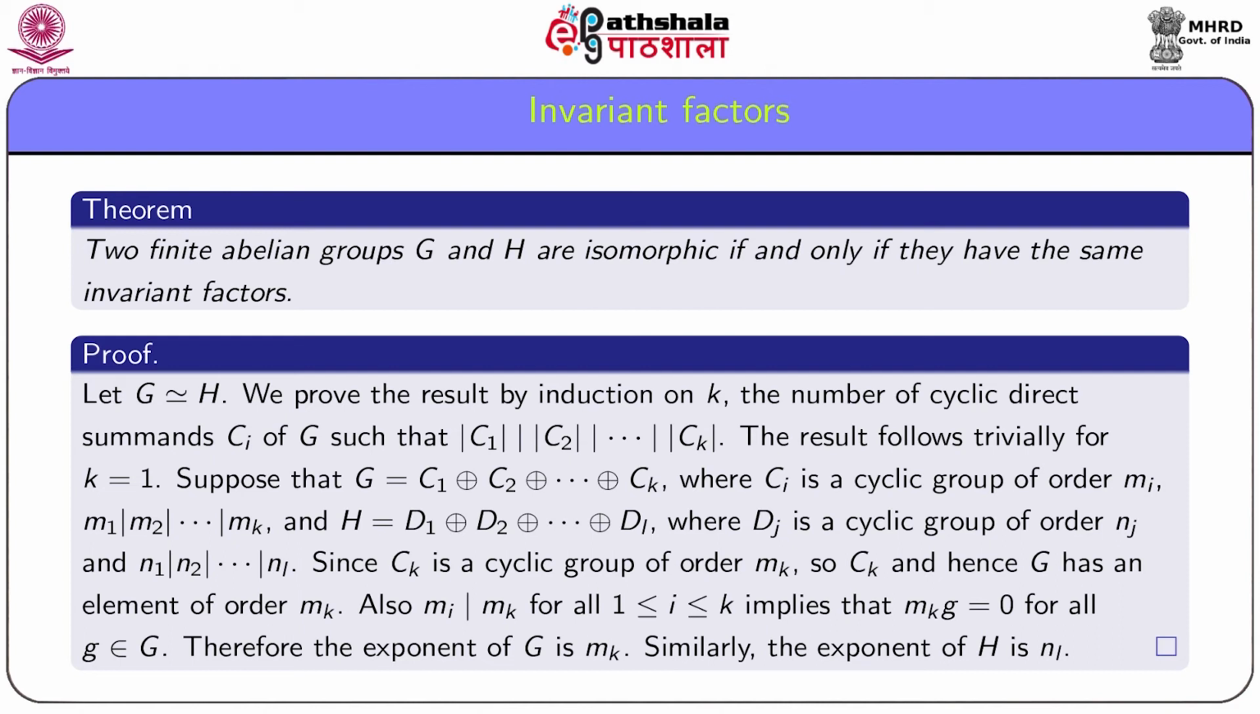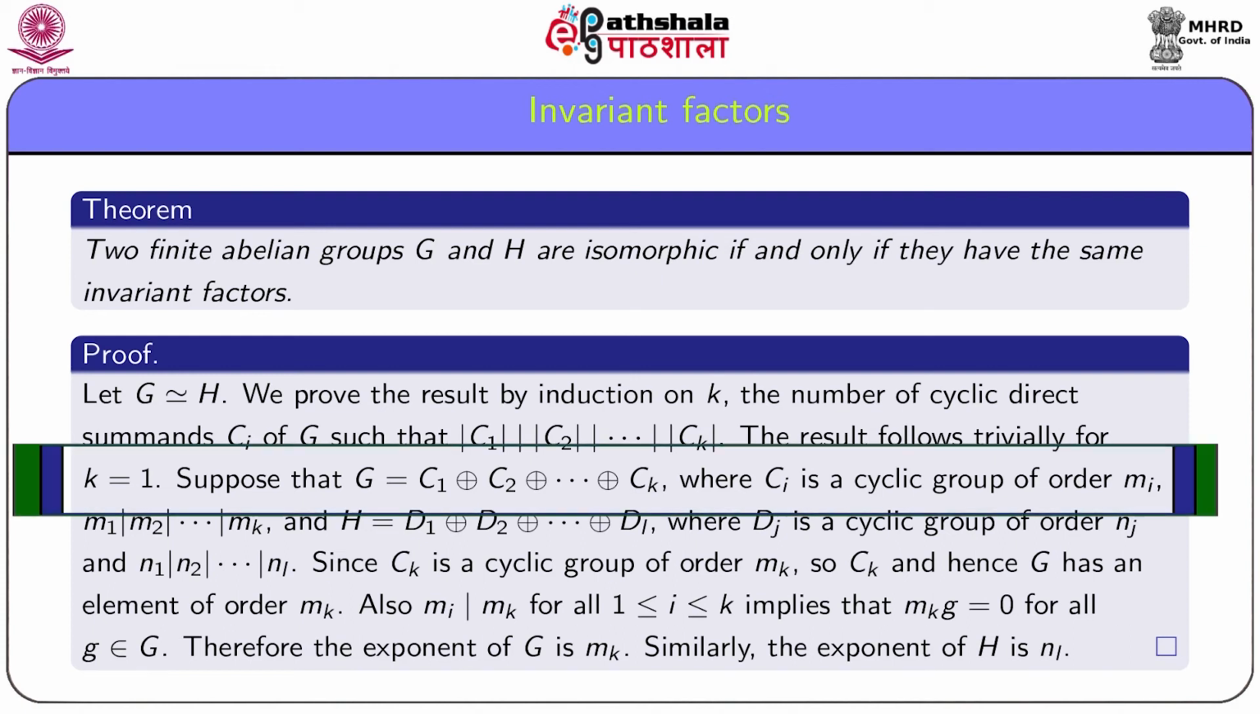Now, it is a question whether invariant factors are unique. To answer this, we prove two finite abelian groups G and H are isomorphic if and only if they have the same invariant factors. Let G and H be two isomorphic groups. Suppose that